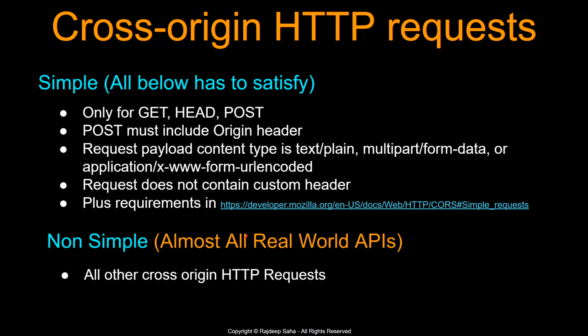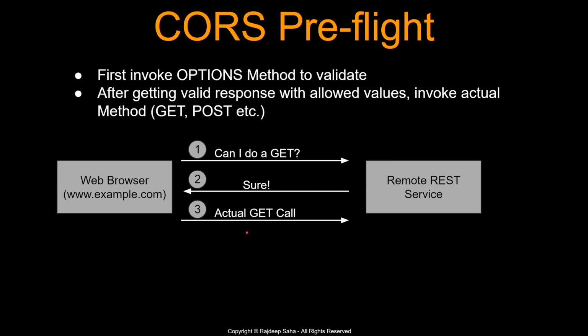So how does a CORS flow work for a non-simple cross-origin request? This is how it works. Let's say your web browser is at www.example.com and this web browser is trying to do a GET call, okay? So before it can do the actual GET API call, first it has to do a CORS check. So the first step would be this web browser will invoke the OPTIONS method to validate, hey, can I do a GET method? And I am coming from